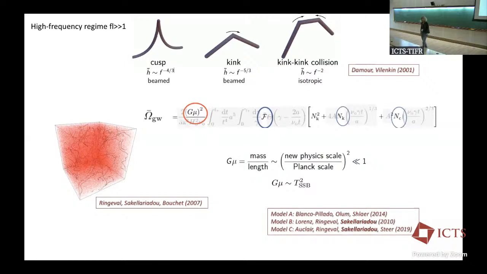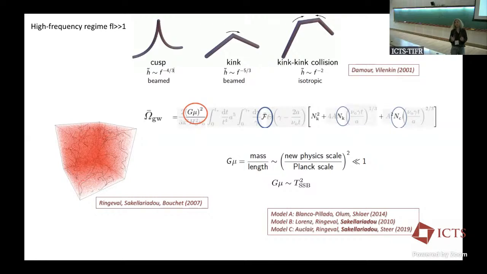In the market, there exist two models. Model B, which is our model from 14 years ago, with Christophe and Larissa. And then there's another model, Blanco-Pillado et al. Since there is a disagreement between these two models, we came up, again with Christophe, with Daniel Steer and Pierre Auclair, with a semi-analytical model which interpolates between the two. And now the collaboration and everybody studies these three models.